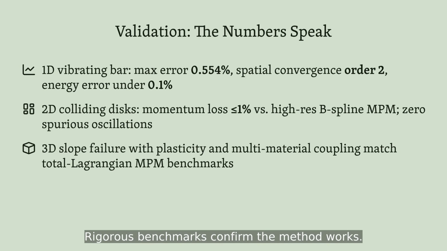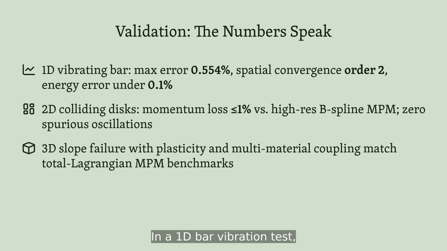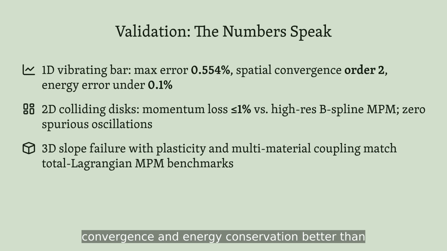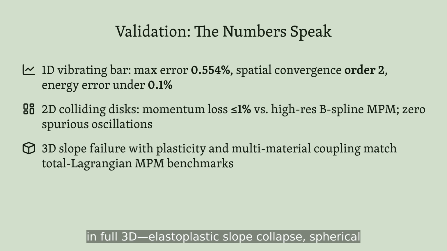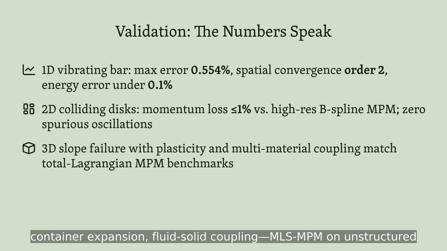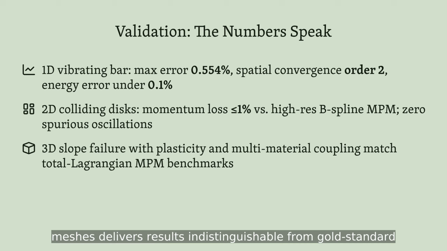Rigorous benchmarks confirm the method works. In a 1D bar vibration test, displacement error stays below 0.55% on coarse grids, with clean second-order convergence and energy conservation better than 0.1%. Colliding elastic disks in 2D lose less than 1% momentum and show no oscillations. And in full 3D, elastoplastic slope collapse, spherical container expansion, fluid-solid coupling, MLS-MPM on unstructured meshes delivers results indistinguishable from